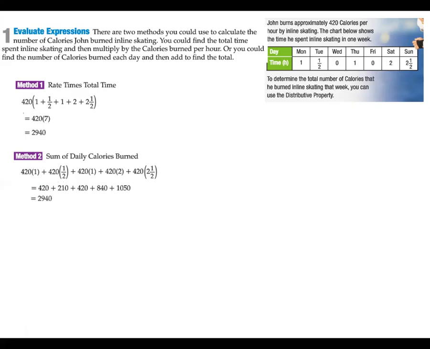You should get 2,940. Now I'm thinking method 1 is going to be a lot easier, because it's easier to add these numbers and then multiply by the 420 one time, rather than multiply by the 420 each time and then still have to add up all those numbers. So either method gives the same total of 2,940 calories burned, and that's an example of how we use the